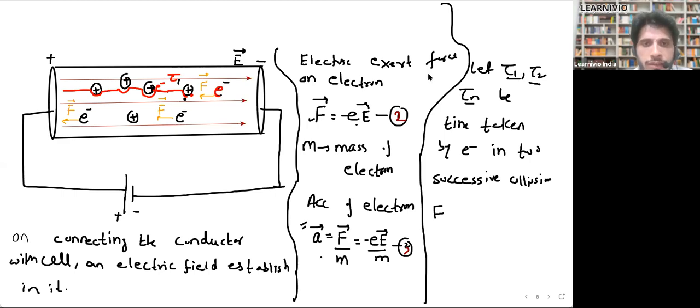Okay, Noor is asking whether the acceleration is constant because force is constant. Yes, Noor. It's because the electric field is uniform, so force is constant, so acceleration is constant. Amalia, when are you asking about the electrons? Before the application of the field or after the application of the field?